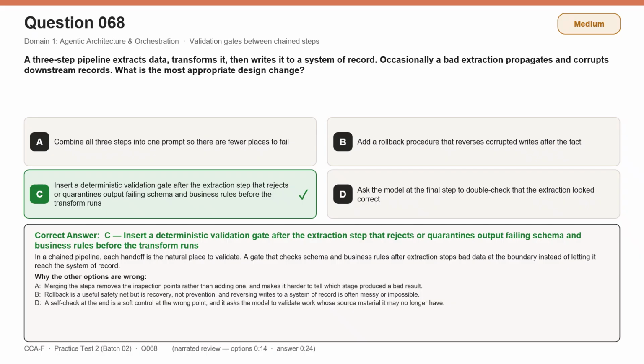Combine all 3 steps into one prompt so there are fewer places to fail is incorrect. Merging the steps removes the inspection points rather than adding one and makes it harder to tell which stage produced a bad result. Add a rollback procedure that reverses corrupted writes after the fact is incorrect. Rollback is a useful safety net, but is recovery, not prevention, and reversing writes to a system of record is